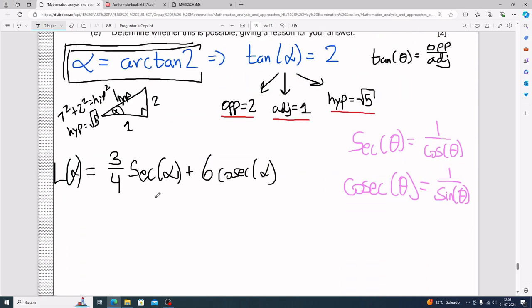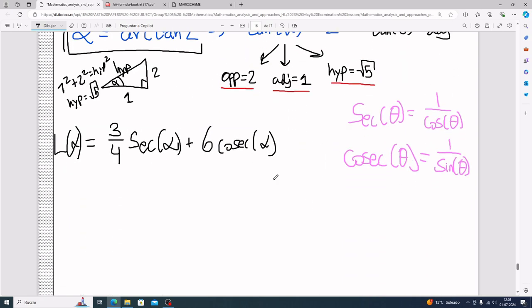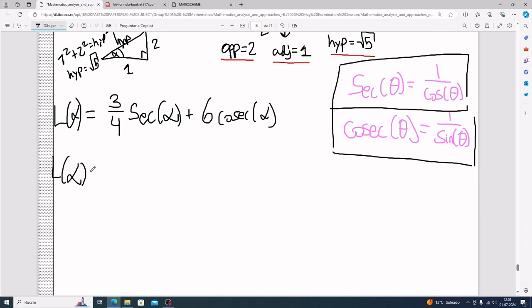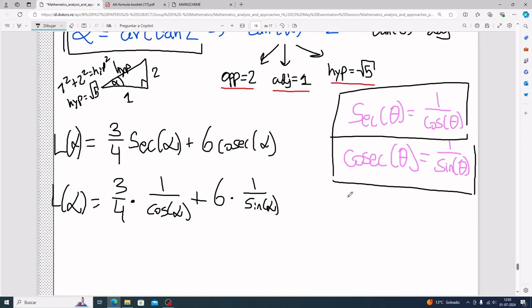Well, here you have sec alpha and cosec alpha. And from the formula booklet, you can leave this a little bit more friendly by saying that sec alpha is just 1 over cosine alpha, plus 6 times cosec alpha, which is simply 1 over sine alpha. Now, you know from some point in your life that sine theta is the same as